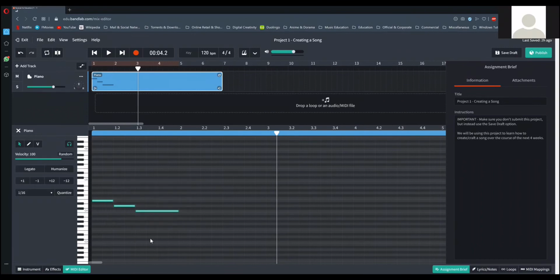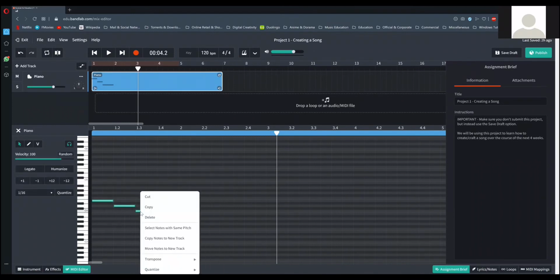So I choose all 3. Then I right click on the note. If you right click outside the note, actually you can right click, but you won't get any option to copy. So you have to right click on the note. Once more, I'm going to do it. Highlight all 3, right click on the note. I get the option to copy.